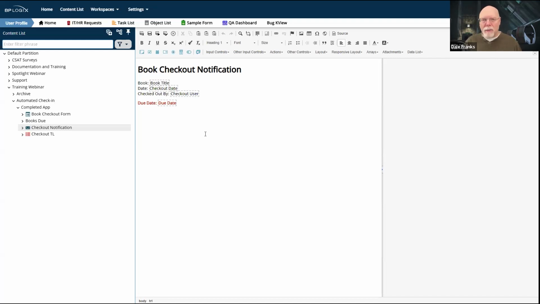You kicked off the process whenever you submitted the form to check out the book in this particular case. I don't think I have to keep saying in this example or in this particular case. I think I've made it clear. It's a book checkout. So I'm going to try to eliminate that explanatory language from the rest of the webinar. So this tells you that you've checked out the book. And by the way, that's all this process does.